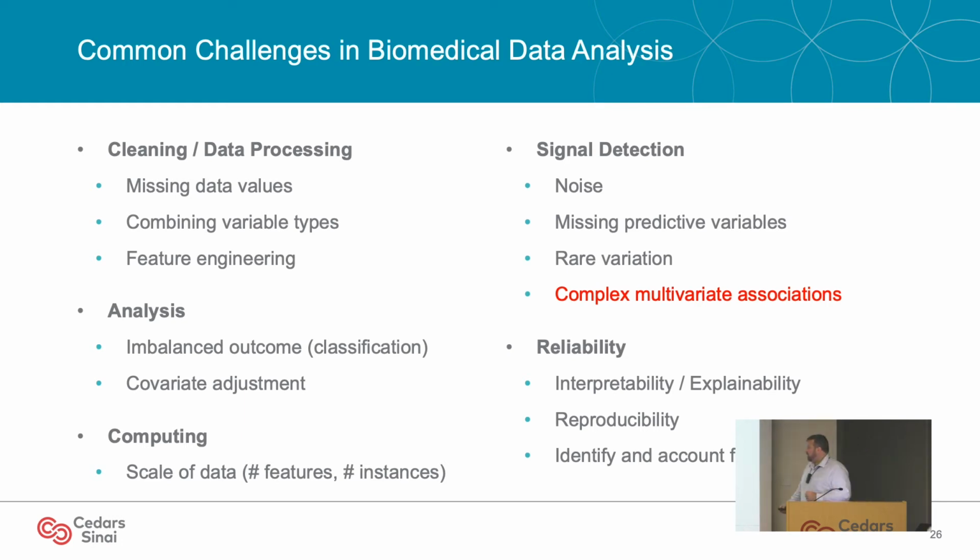Then analysis. We have to worry about, do we have balanced data sets? Do we have a reasonably equal number of cases and controls, for example, if we're doing classification? This can actually make it a lot easier to do machine learning if we have more of a balanced data set. However, there are ways to get around that, as we'll talk about. Covariate adjustment. This is not something that has been traditionally thought of in machine learning, but if we put all of our variables into machine learning, including our covariates, we get this wonderful predictive model. How do we understand the impact of covariates? How do we account for them to better hone in on potentially causal variance versus just associations?